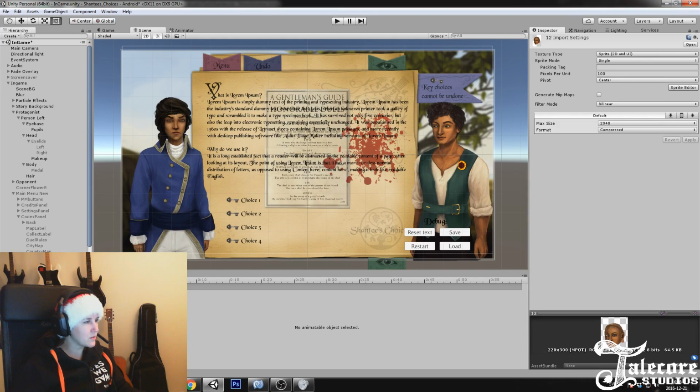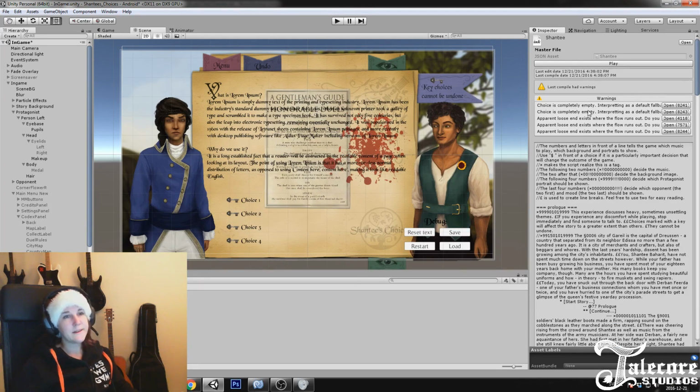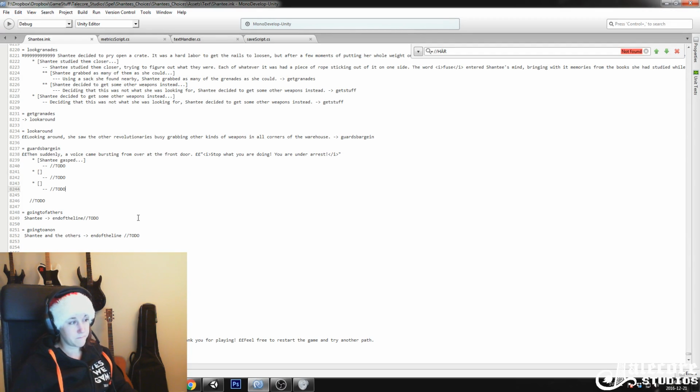I don't know why it doesn't do that right now, but anyway. Oh yeah, okay, it doesn't give an error, but it tells you this choice is completely empty. So you get some hints from Ink on what you need to work on, like if you have some bugs and so on.